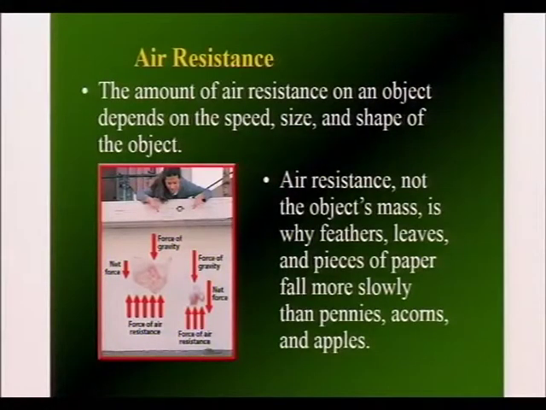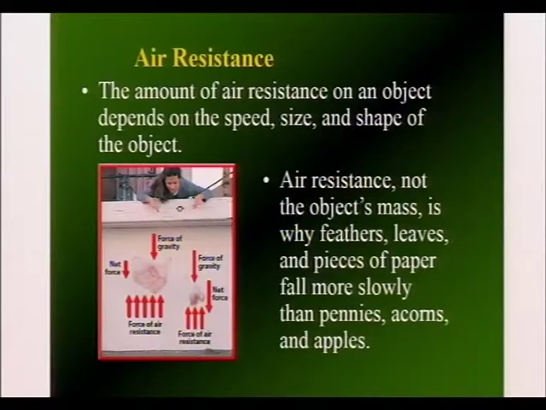concept, which is air resistance. Air resistance is also one of the concepts that are misunderstood. The amount of air resistance on an object depends on the speed, the size, and shape of the object. Air resistance, not the object's mass, is why feathers, leaves, and pieces of paper fall more slowly than pennies and